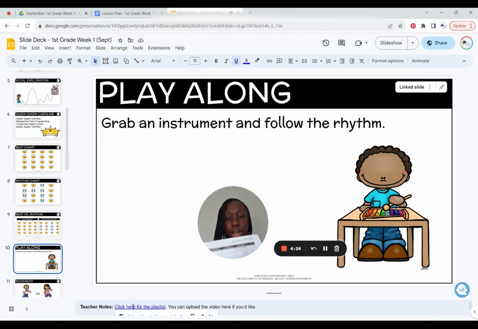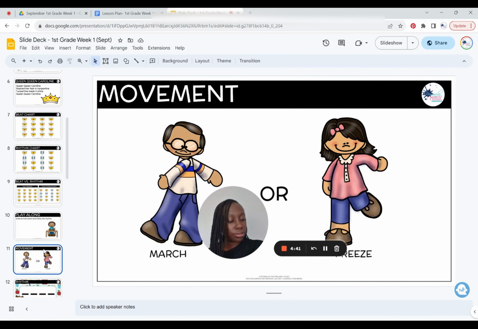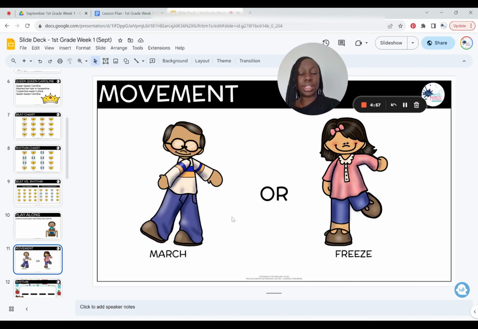Again, I printed out the lesson plan here just so I'm not flipping tabs. So that's the vocal exploration. We've gone through Queen Caroline, we've done the play along. Now, right after play along is march and freeze. If you have any type of unpitched percussion instrument, a djembe works well. My djembe's over there, but any instrument at all. And then you can play a rhythm and you can play the steady beat.